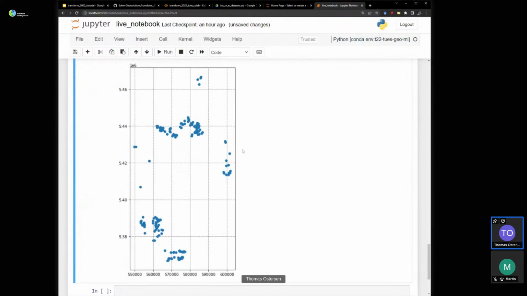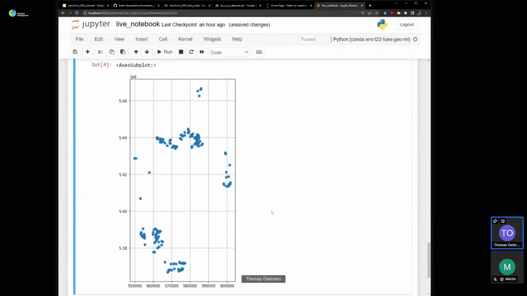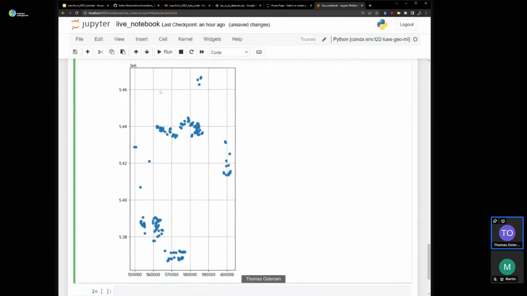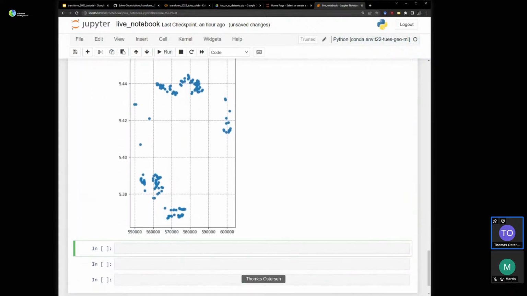So yeah, there isn't much in the way of spatial context here. This is just our coordinate system. But yeah, I'll move on to reading the geotiffs into memory, and then we'll plot everything all together to get a sense of where our data is. So let's go ahead and do that.